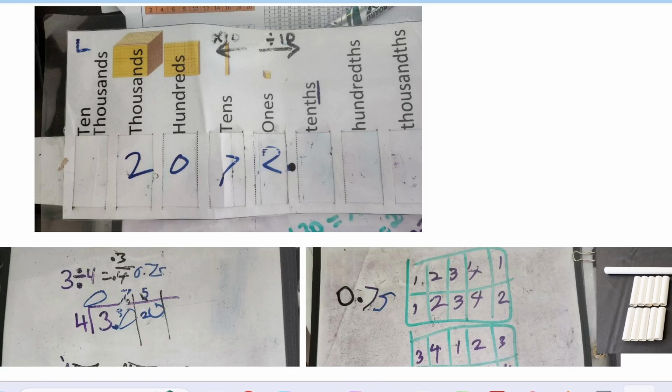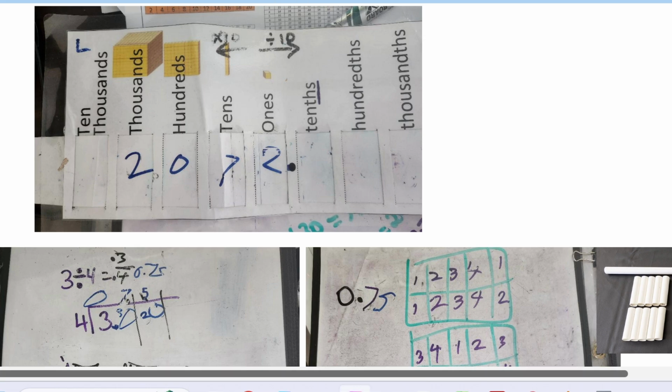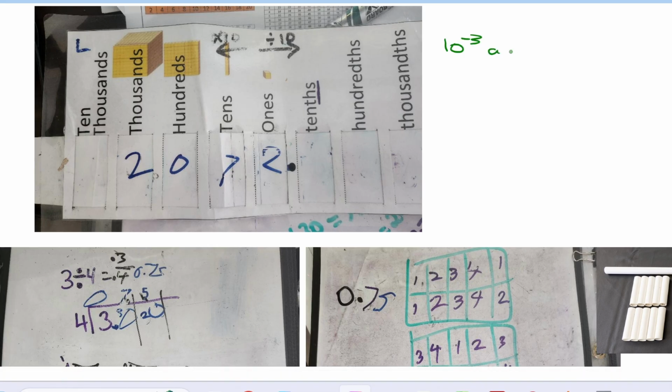My name's Christine. A common misconception that I see often with students in secondary school is when you start to do 10 to the power of -3, they think that this is a negative number. Well, last week I had a secondary student who actually said that to the right of the decimal point, over here, were negative numbers. So we had a bit of work to do, not only on place value,